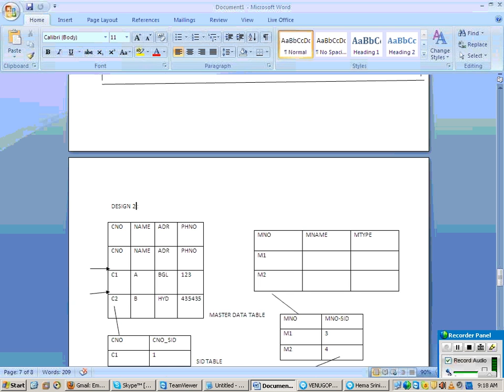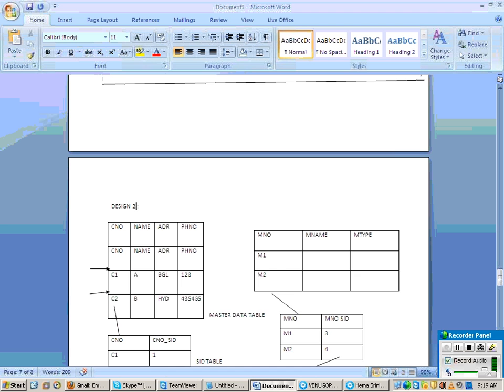Anyone saying design 2? Anyone saying design 1? Design 2 is the feasible solution. How about you people online? Design 2 is your answer, but I'll say design 1 is the feasible solution in this case. Now why?